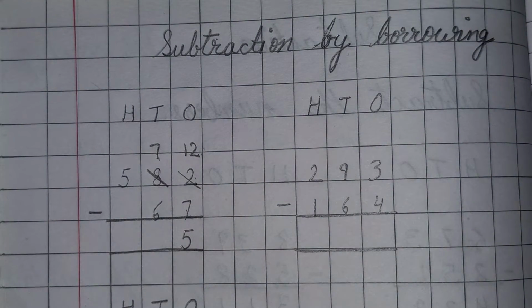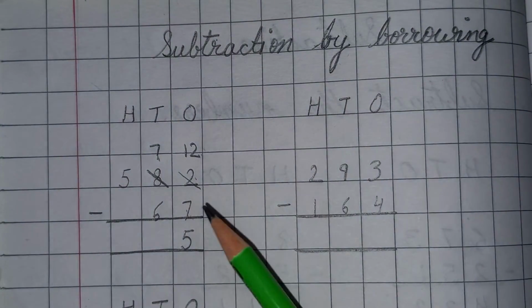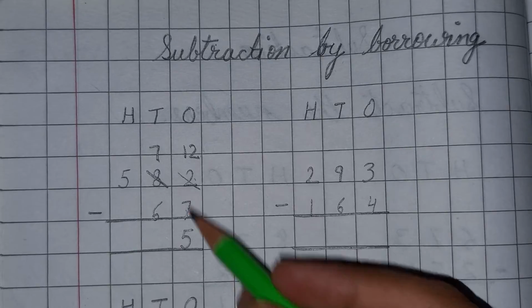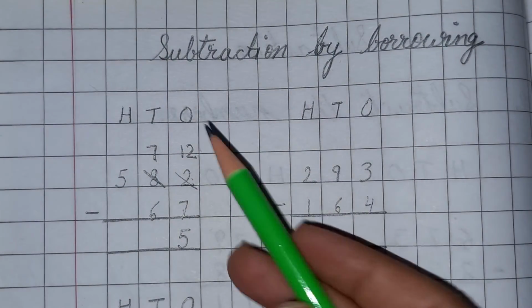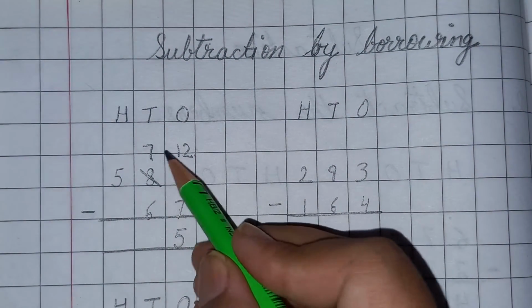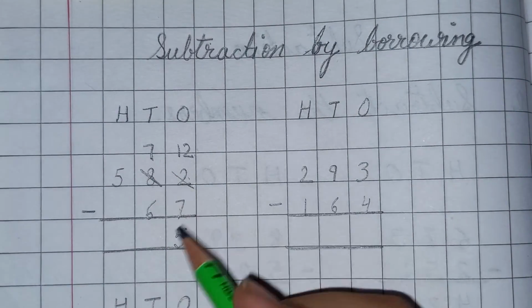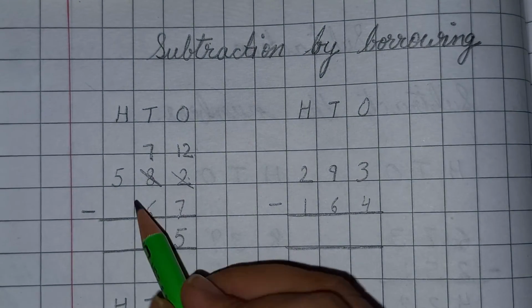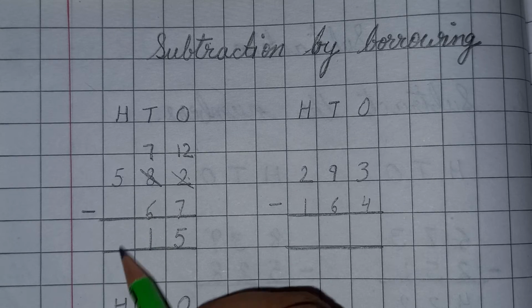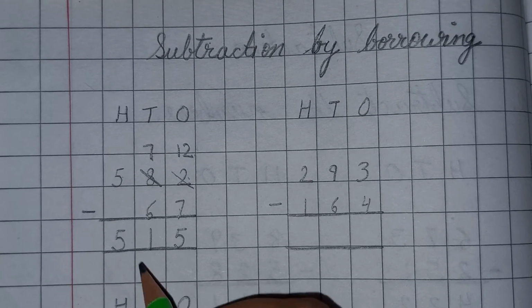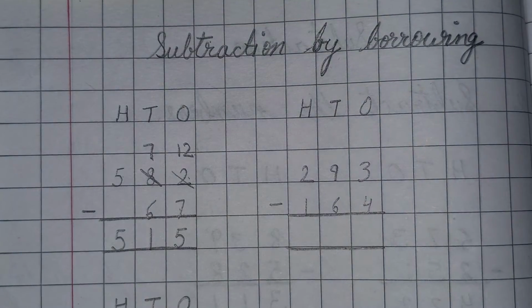That simple subtraction I have already explained. You can just check out how to do subtraction on fingers in that other video. So here I am not going to explain how to do this simple subtraction, right? So now we are having 7. So we have to subtract 6 from 7. So we will get 1. And we will keep the hundreds like this because we don't have any number here. So our answer is 515.